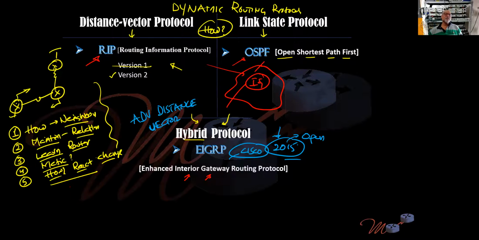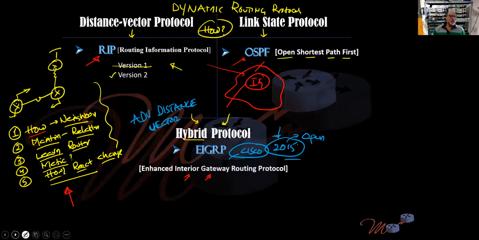How they work comes next, right? Common sense: how do you know about the other person, how do you exchange information, what is the criteria for exchanging information, what is the criteria for maintaining a relationship? What information do you exchange when something goes wrong, and how do you deal with it? If you can answer these questions, you know the protocol very well. For any dynamic routing protocol, if you claim that you know RIP, OSPF, or BGP, then you should be able to answer these questions and troubleshoot it. Super. Right? First things first, any doubts?